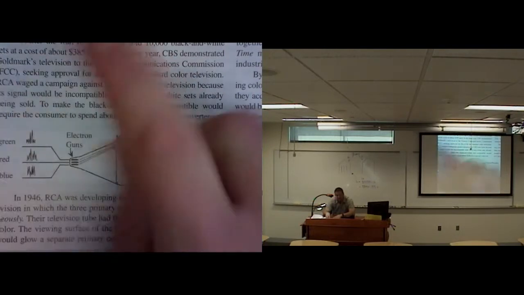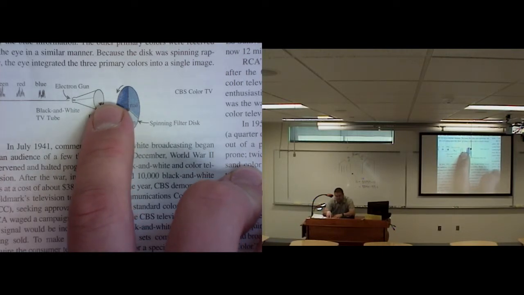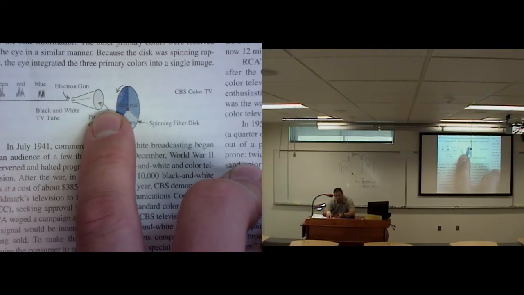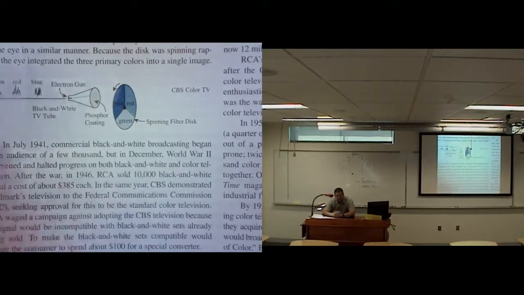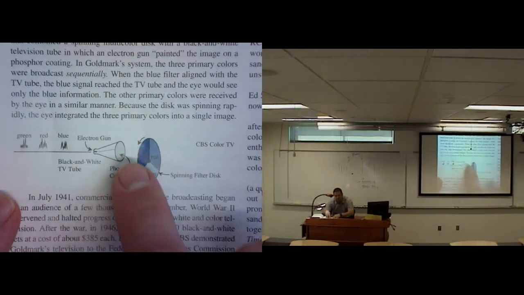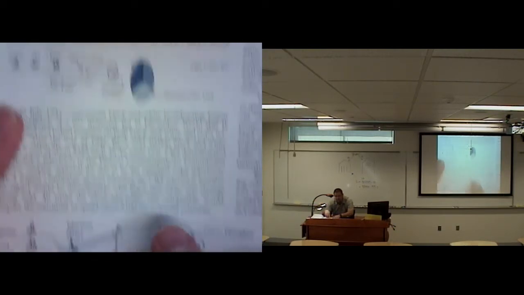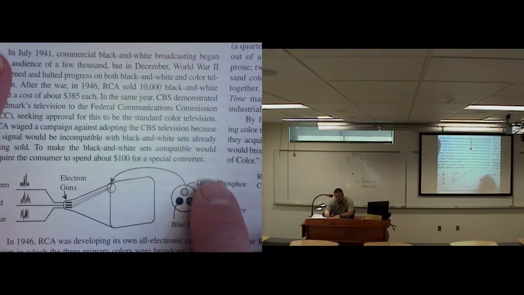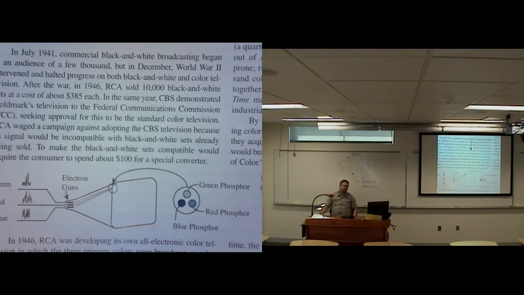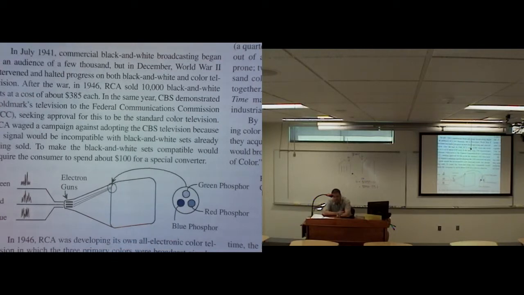What is another advantage of this one? Well, with this one, all your little pixels on the screen didn't have 3 colors in them. They just had either white or nothing. It was just varying levels of gray, essentially. This one has 3 on it. So you could fit onto this screen 3 times as many pixels, actually a little bit more. You could fit more pixels, and you get a higher resolution on these other TVs than you could on this one, because you had to fit 3 of these little phosphors into this thing. So the color TV that won did have some disadvantages, but its advantages won out over the disadvantages in the end.